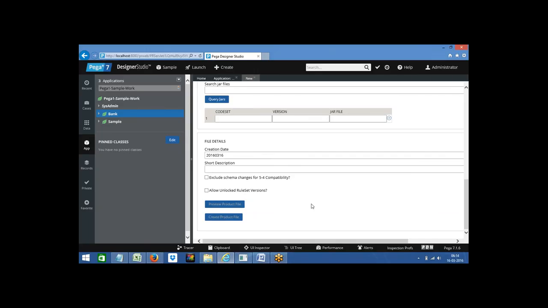Okay, so automatically under both the rule sets, whatever options we have, everything will get exported and it will be saved in the form of a jar format. Okay,